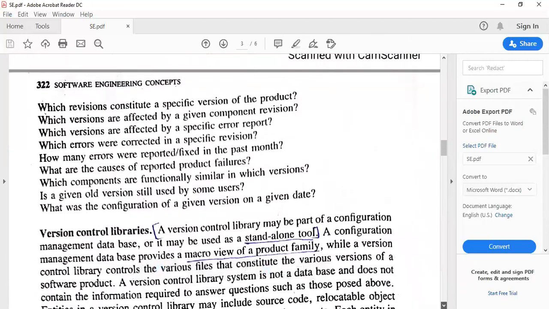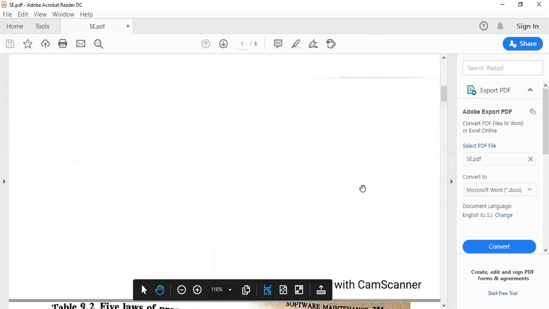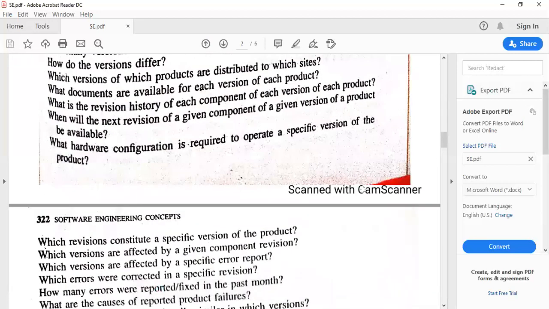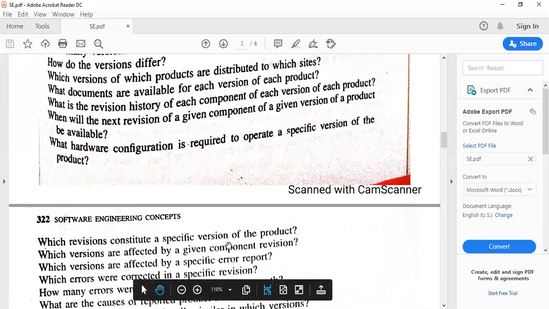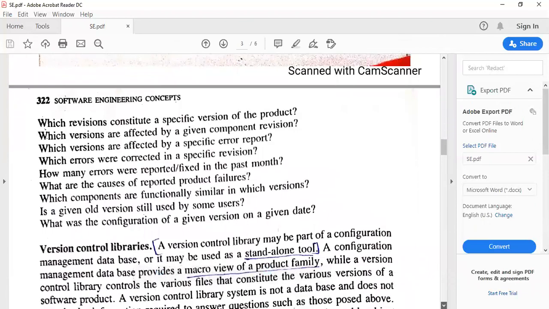And which revision constitutes a specific version of the product? And which versions are affected by a given component version? And which versions are affected by a specific error report?